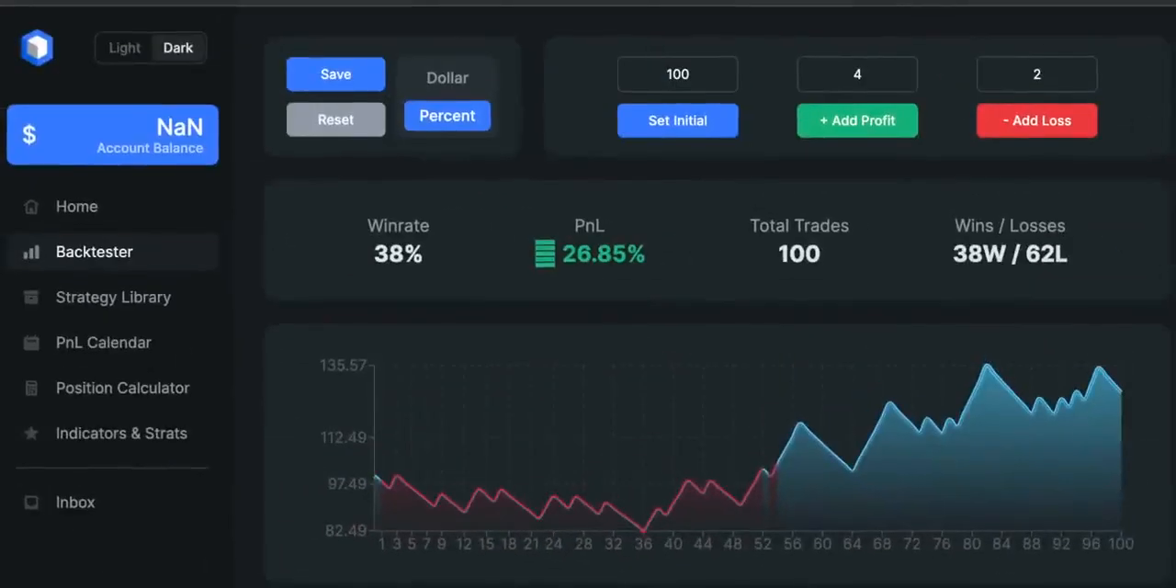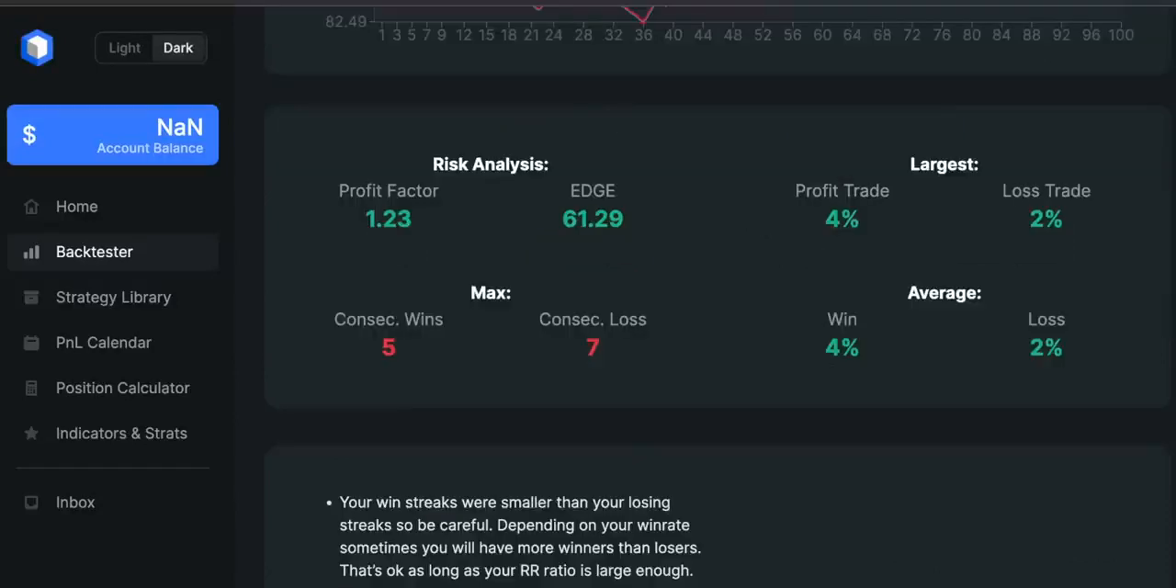Alright, so after 100 tests we see the results are quite disappointing. Our win rate is only 38% and we increased our account size by 26.85%. We see for the first 50 trades we weren't making any money, and we can also tell that the drawdowns are quite serious. The profit factor for the strategy is only 1.23 and we had 5 consecutive wins against 7